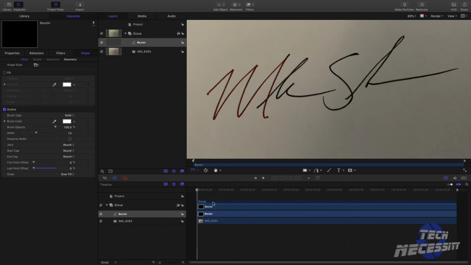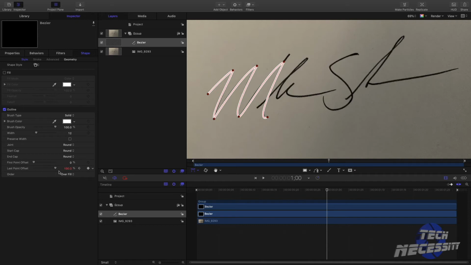Now, this is also key, because how long you have it take to sign in will determine how fast it goes. You don't want to do it too slow, and you don't want to do it too fast. You want to try to get the pace of your actual signature. So first, make sure we're right here at the beginning of our timeline. I'm going to add a keyframe, and then let's just say it takes 1 second to draw on. So I'm going to move my playhead to here. I'm going to add one more keyframe, and then I'm going to drag this slider all the way to the end,